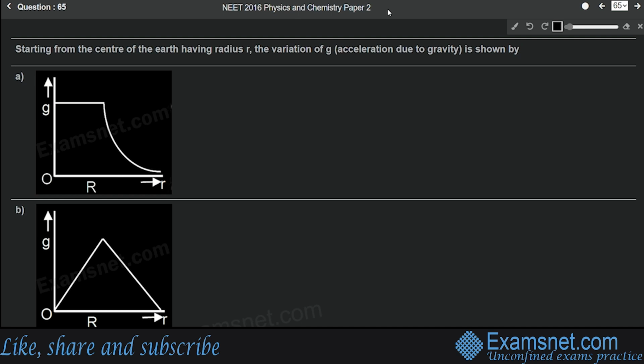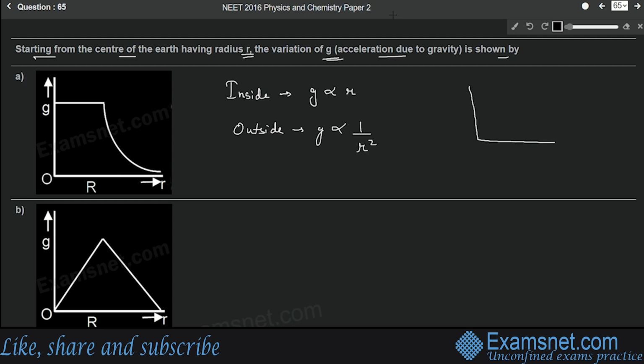Question number 65 is from the chapter Gravitation, and the question is: starting from the center of the earth, having radius r, the variation of g, that is acceleration due to gravity, is shown by which graph? Okay. So we know that inside the surface of the earth g varies directly with the distance. Okay. And outside the surface of the earth g varies inversely with the square of the distance. Okay. So if we draw the graph like this,